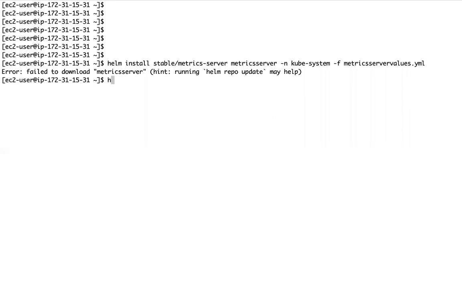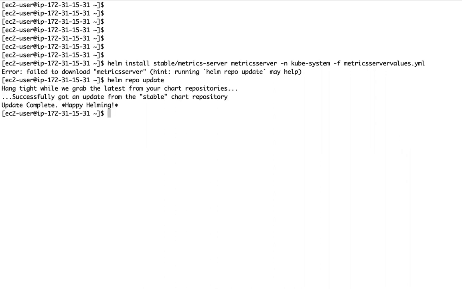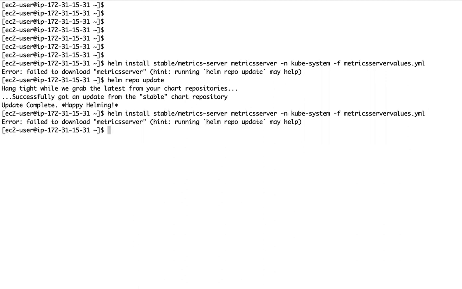So it is saying let's upgrade, let Helm repo update. It is asking me to update. So I'm trying to update. Now let me install. It is just a reverse case. Helm install application name.